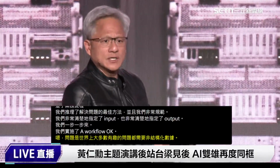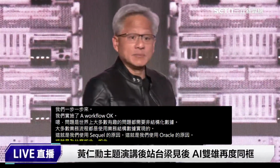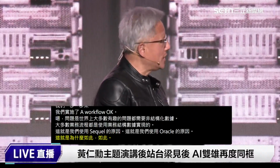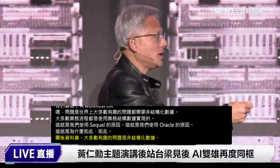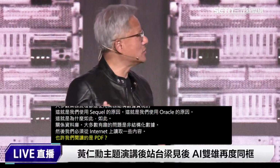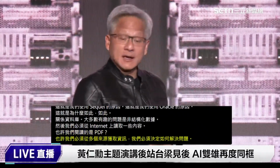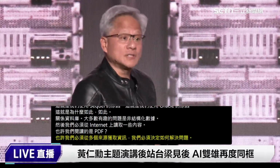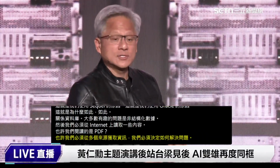That's why we use SQL. That's why we use Oracle. That's why so on and so forth. Relational databases. Most of the interesting problems are unstructured data, meaning we have to read something from the internet. Maybe we read a PDF. Maybe we have to take information from multiple sources, and we have to decide how to solve the problem. Well, now, based on everything I've said, agentic AI has the opportunity to understand unstructured data, images, text, videos,